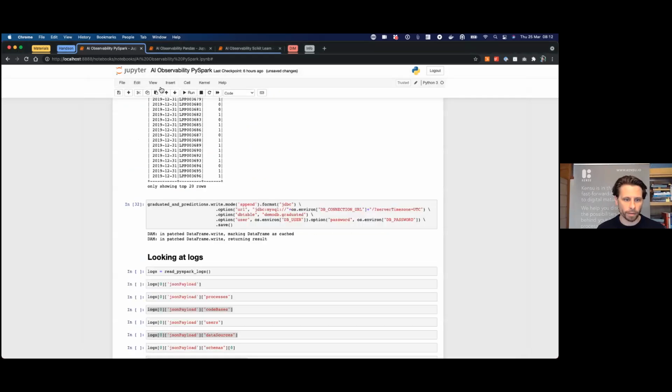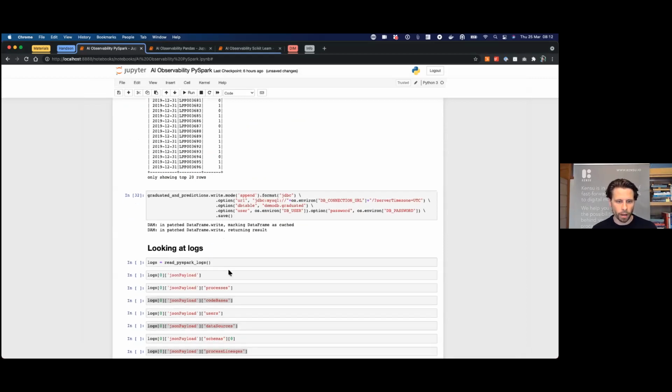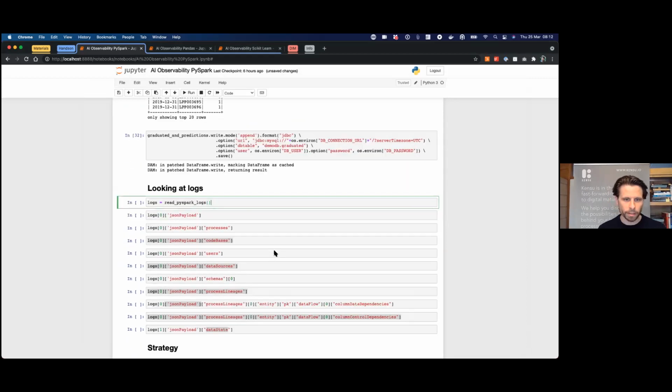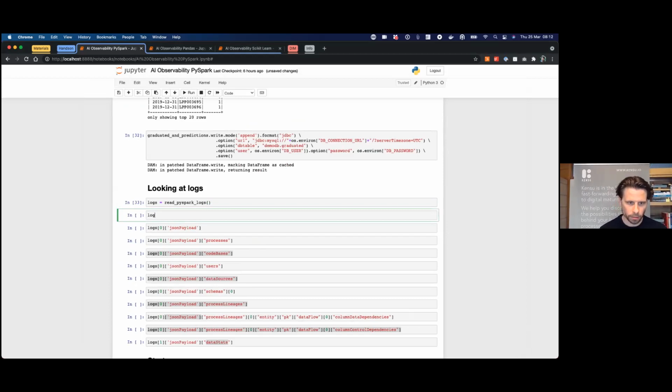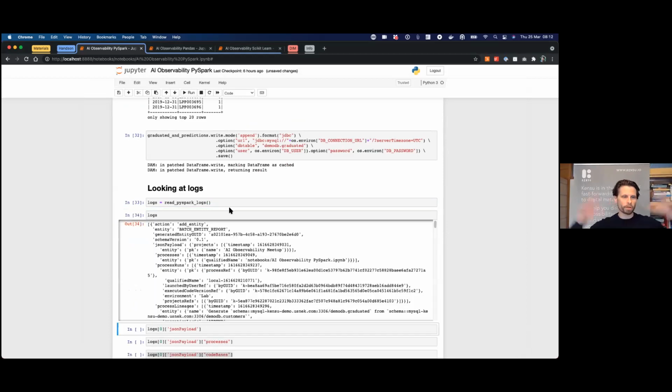I hope now that my Spark job is done. It's done, my data has been written. Now I can dig into the data that has been produced. That's what I want to show you. While I wrote this, I created some logs which are stored in the file. So I have a bunch of JSON that were created. Why JSON? Because at least it's structured. It's not like strings that we have to parse later on, trying to understand the structure.